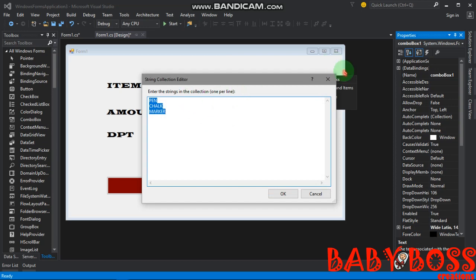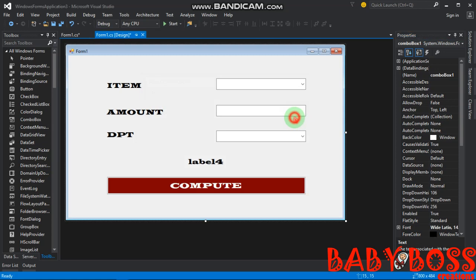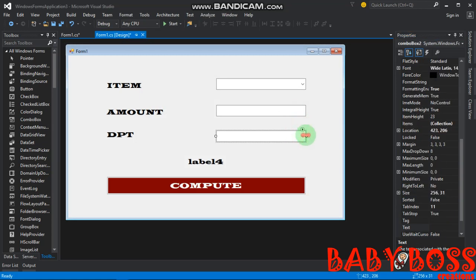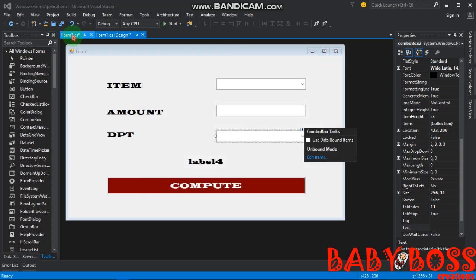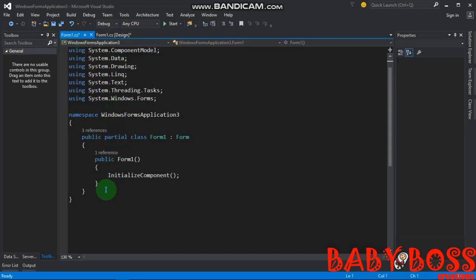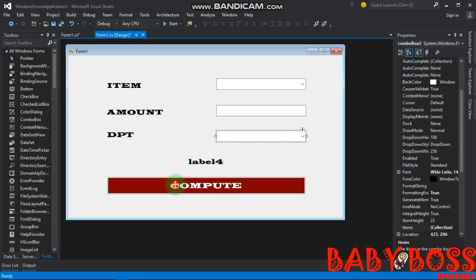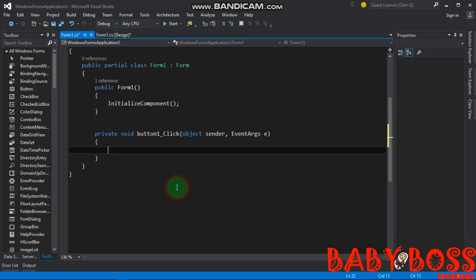Our items are already there. We have pen, chalk. It is the same thing. Here we have department, we have ICT and accountant department. So the accounting department. So let's go for the code, and you know our code should be in the click event of the compute button. So we double click on the compute button,